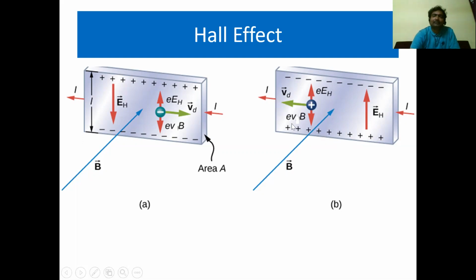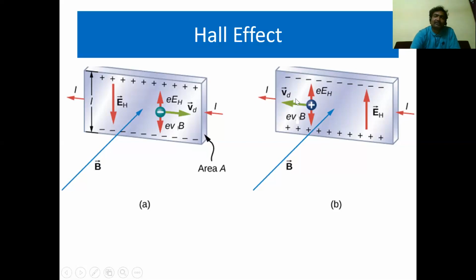You clearly observe on the lower face of n-type semiconductor, negative charge electrons got accumulated. In a p-type semiconductor, on the lower face, holes are accumulated. Consequently, a large number of negative charges is developed on the opposite face of the semiconductor. Due to this, it produces a potential difference. If you connect a voltmeter to this upper face and lower face, it measures a potential difference or voltage. This voltage is called as a Hall voltage.